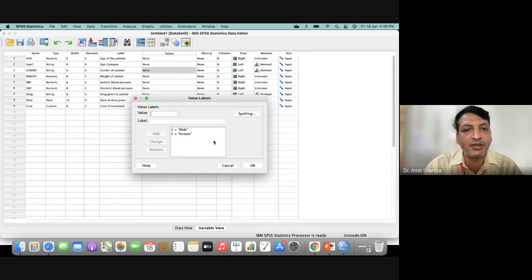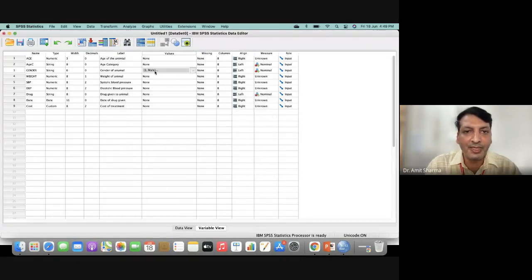So you have to remember which code you have given to what. Otherwise, you have to go back to see the code inside the software, and you have a little trouble. So I recommend writing the codes in the notebook so that you can find them easily.